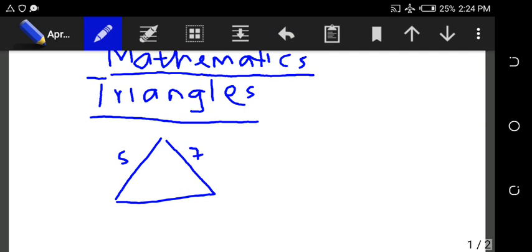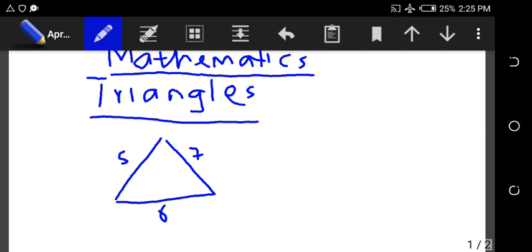No, that didn't work out. 5, 7 and 6 as the value. Okay, now when we solve for this, what you need to know is this: for any given